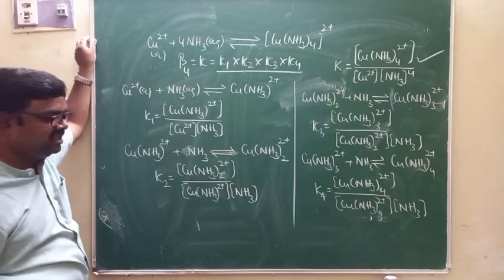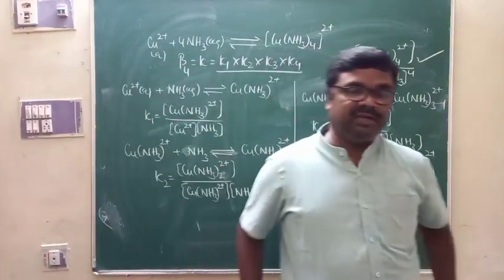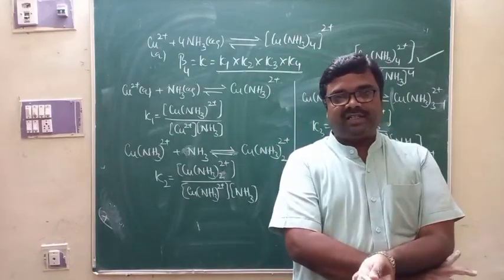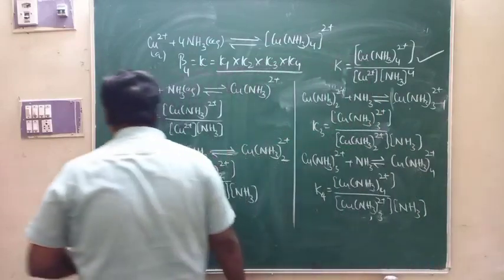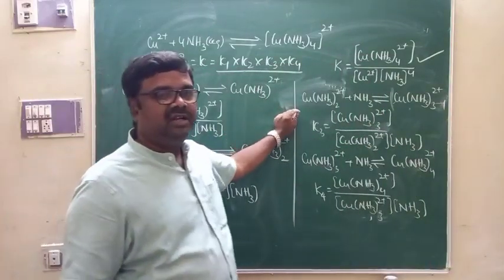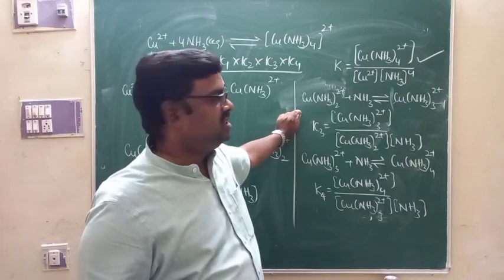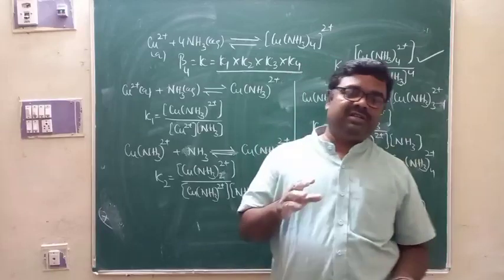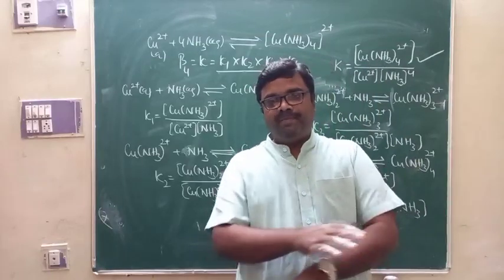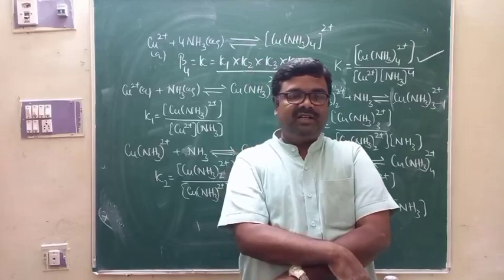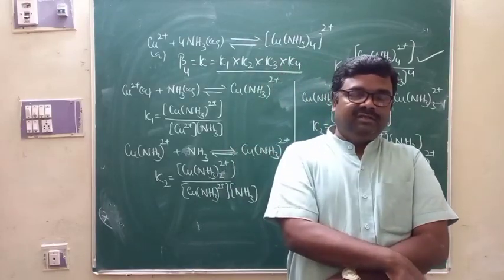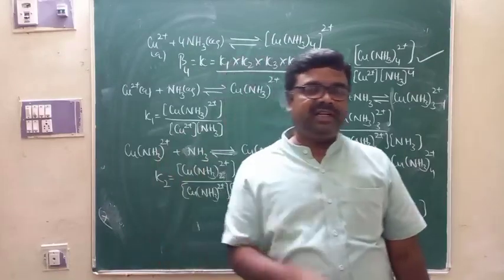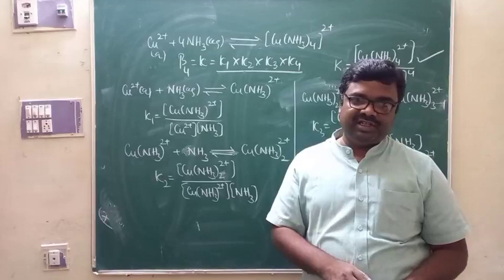So this is what we call the association constant, or you can say stability constant, that I can make use of in order to study the stability of the complexes. And the inverse of stability constant is the instability constant or dissociation constant. Okay? So this is what we call the stability constant. Stability constant is just an equilibrium constant for the association of two species. For the association reaction, if I apply the law of mass action, whatever equilibrium constant value I get, that is what we call the association constant.